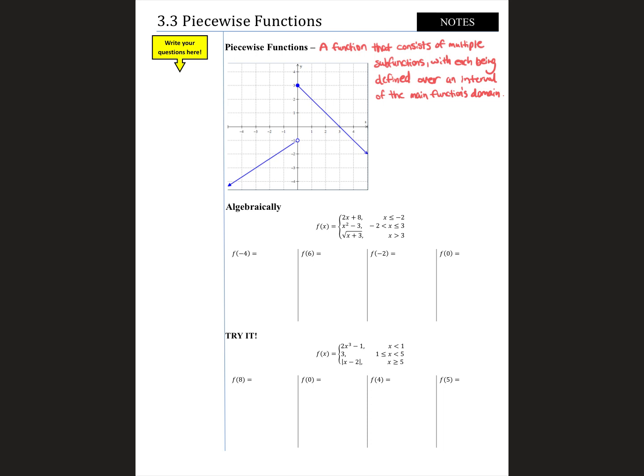If you take a look at this graph that I've presented for you, we have a piecewise function that consists of two linear functions, one that has an open point and going down and to the left, that's a line, and then a filled in point for my other function that's going down and to the right. So when I go to write a piecewise function, I'm going to use f of x equals, and then a curly brace,